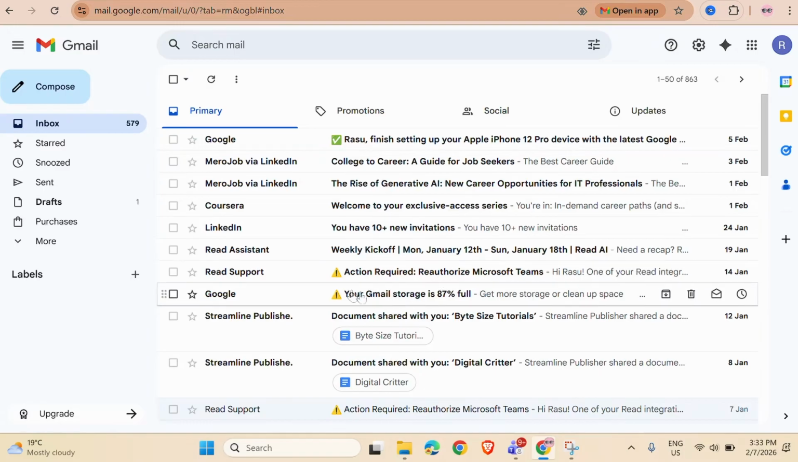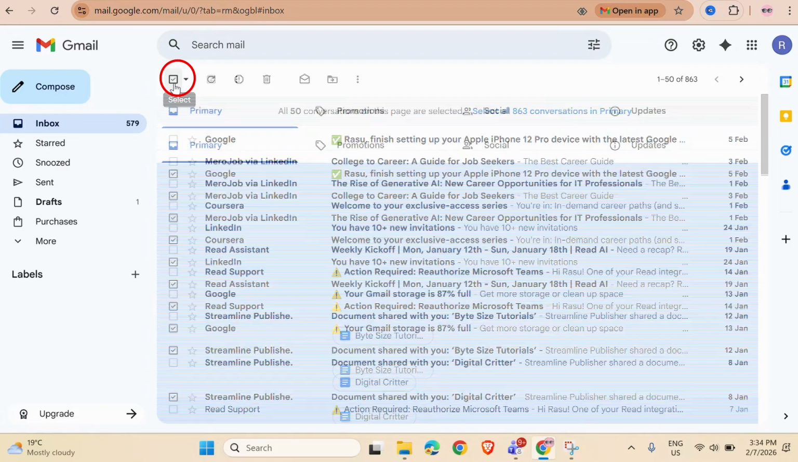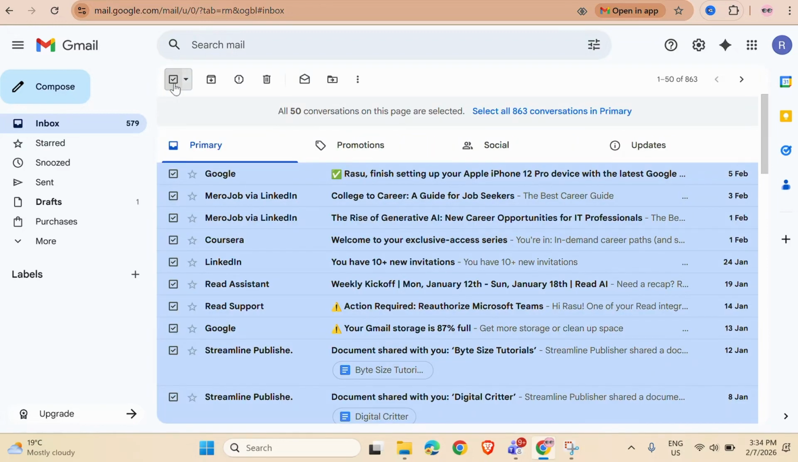Now, instead of selecting the emails individually, you can just tap on this box at the very top. This will select all of your emails. You can see all 50 conversations on this page are selected at the top. That means it will only select 50 conversations at once, but you can see there's an option to select all 863 conversations. So you can tap on this and all of the conversations will be selected,